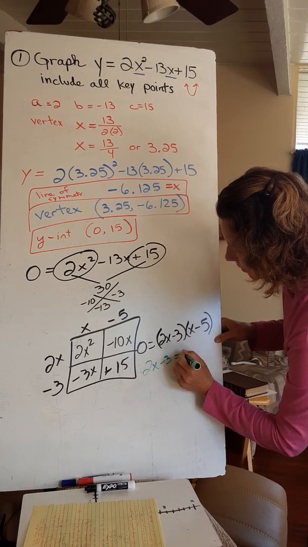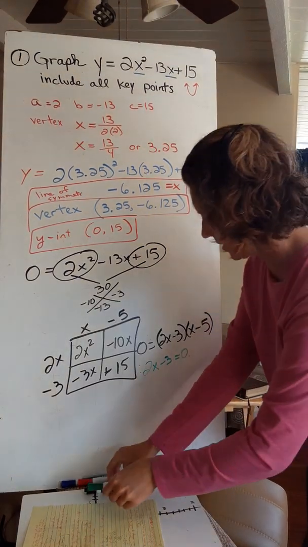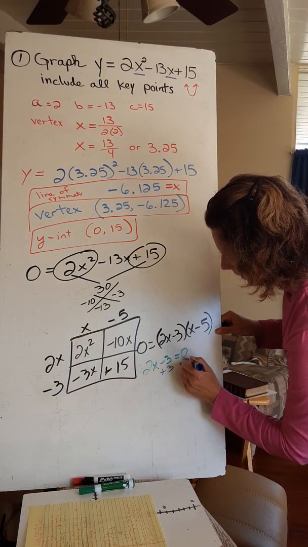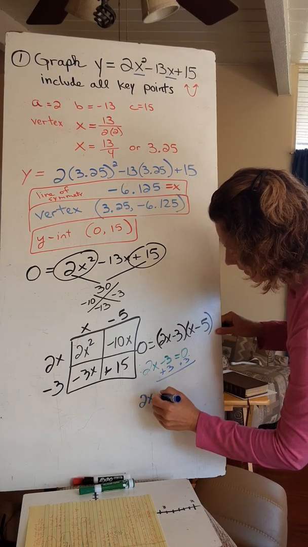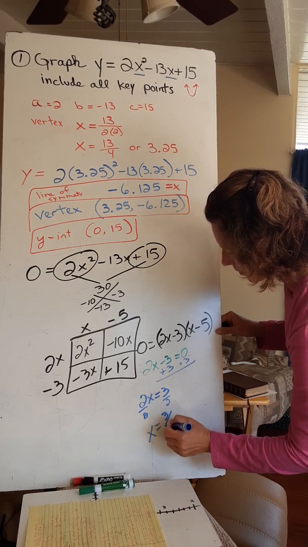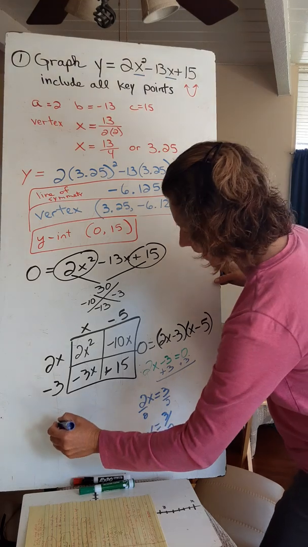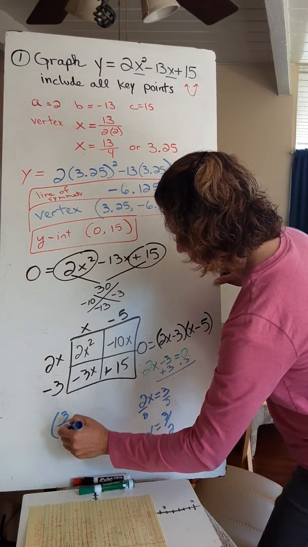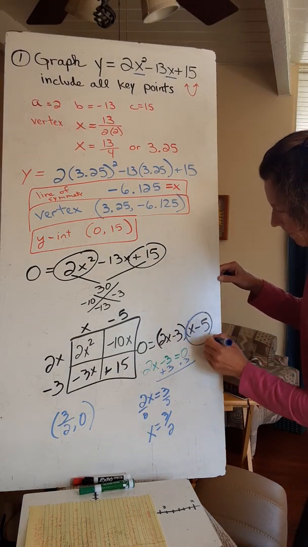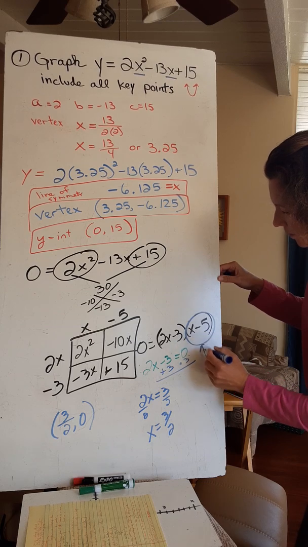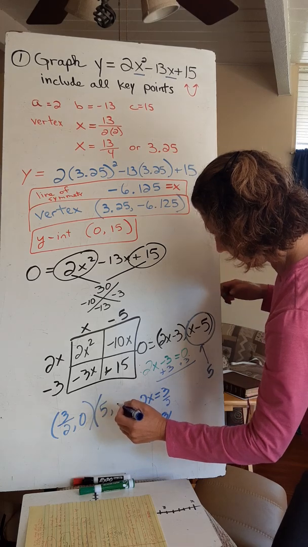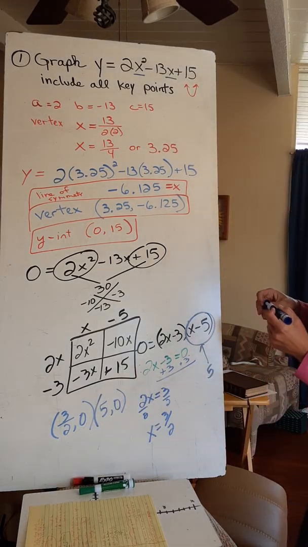2x minus 3 equals 0. It's not the best pen, so let me switch back. Add 3. We get 2x equals 3. Divide by 2. X equals 3 over 2. So one of our x-intercepts is 3 over 2, comma 0. Or you could write 1.5. This one's easier. What can we plug in there to get 0? 5 minus 5 is 0. So 5, comma 0. That is our other